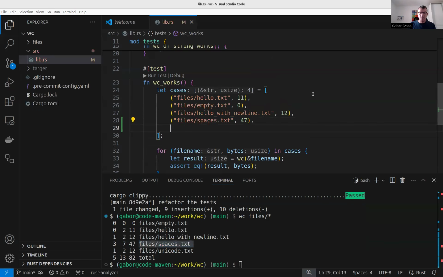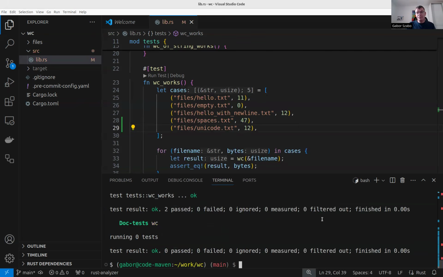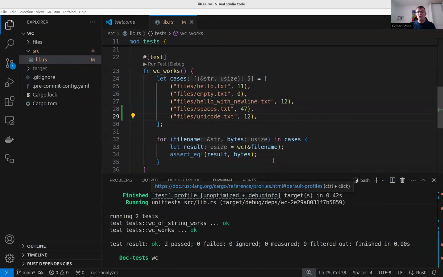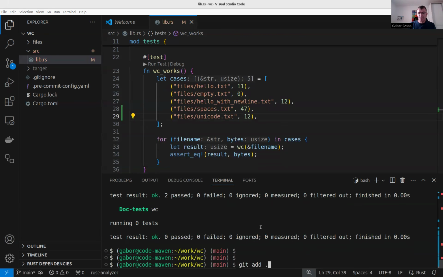And then the last one is going to be the most interesting, to figure out whether it works on Unicode properly, because the rest is quite simple. Cargo test. And yes, because the len method in Rust returns the number of bytes, not the number of characters. Good. Git add, git